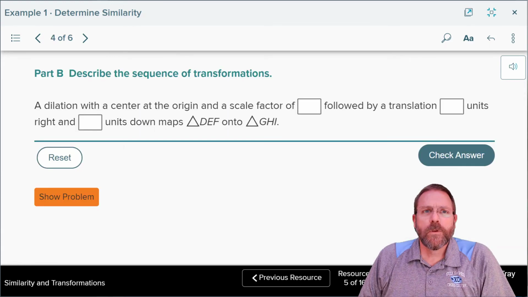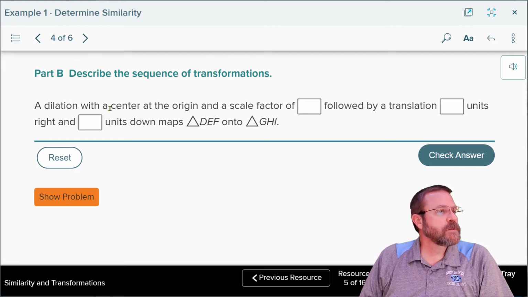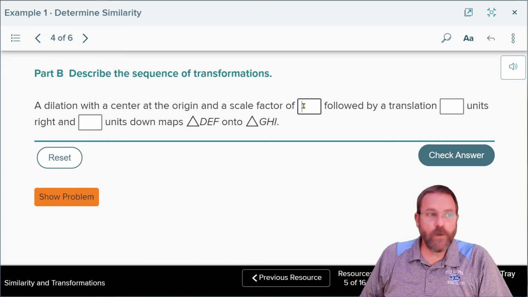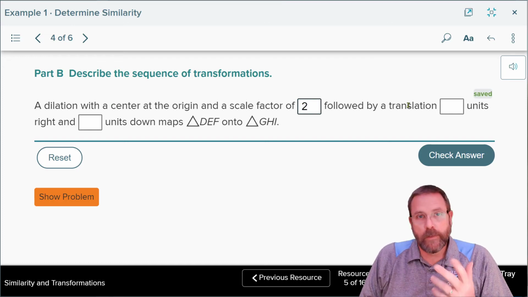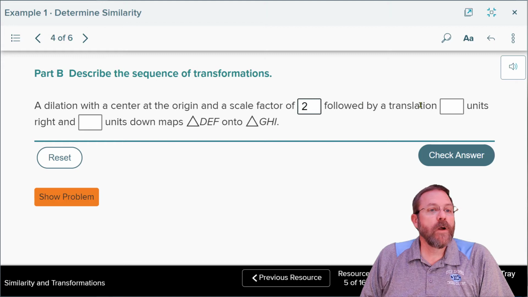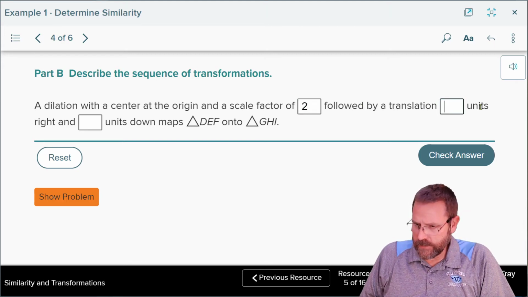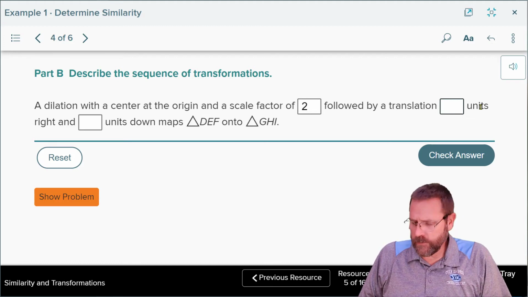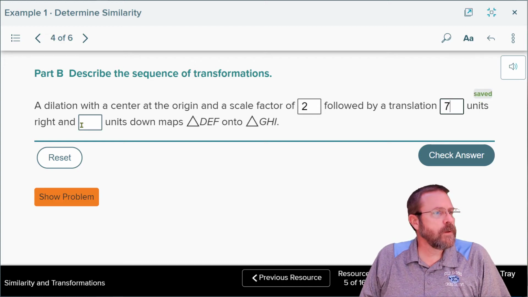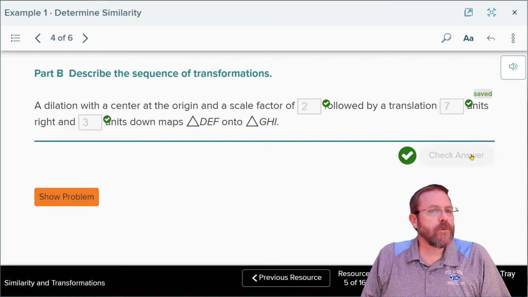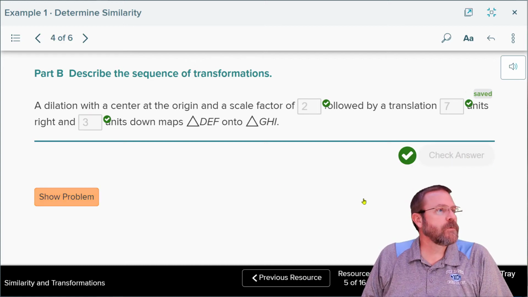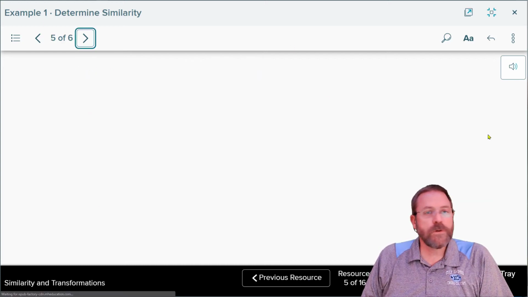similar figures. So continuing with answering the questions, the dilation with the center at the origin is a scale factor of 2, because the scale factor difference we found was 2, followed by a translation of 7 units right and 3 units down. That gave us the new one. Yep, that was it. That's the answer to that question, and that's all there is to do in example number